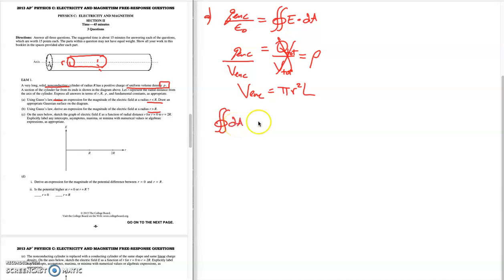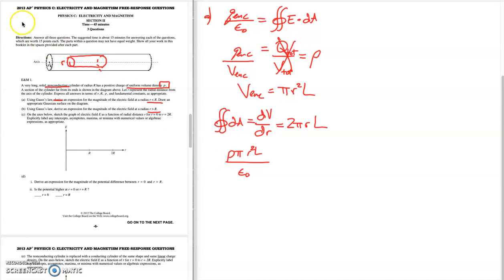of the cylinder. The surface area of the cylinder is the same thing as the derivative of the volume with respect to r. That's the surface area. So if we take the derivative of this expression here with respect to r, what we get is the circumference times the height of that cylinder. So we're going to substitute these into here. Notice we're going to have to multiply the volume enclosed by rho to get rid of Q enclosed. So we're going to have rho pi r squared L over epsilon naught,